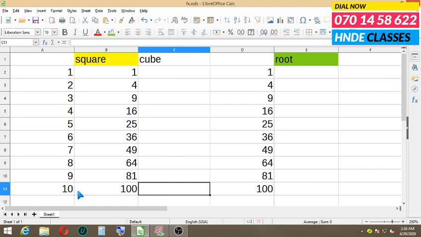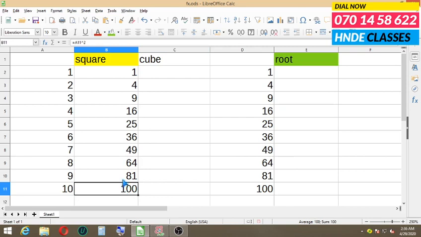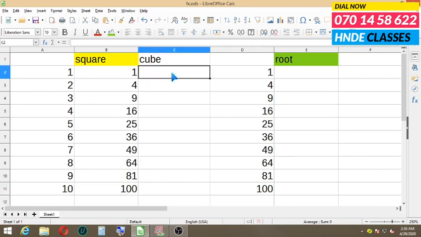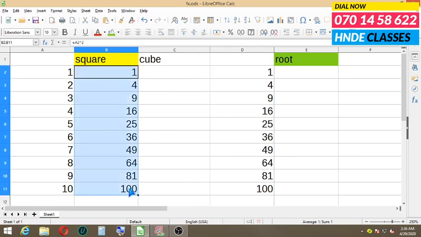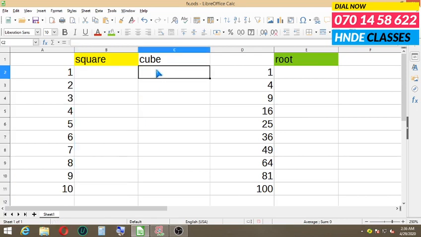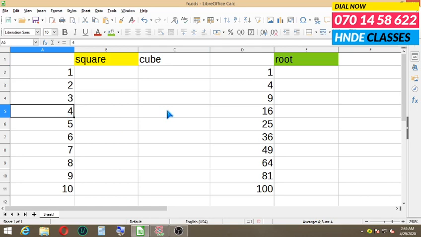Exponent 2, that is the square, and I will hit enter, and you can easily duplicate the result. Once the plus mark pops up in the right corner, just drag it down. 10 repeatedly multiplied by itself once equals 100. The same can be done here. I will erase it, and the same if you are in the Microsoft Excel platform. Here, select the base of the number you want to calculate. For instance, say I'm going to calculate the cube for number 4, that is I'm going to cube number 4.